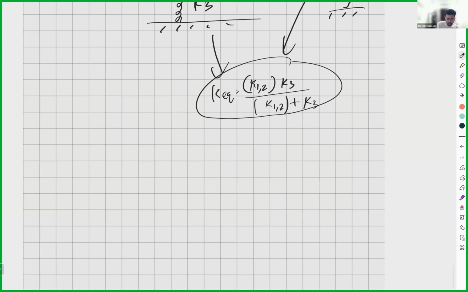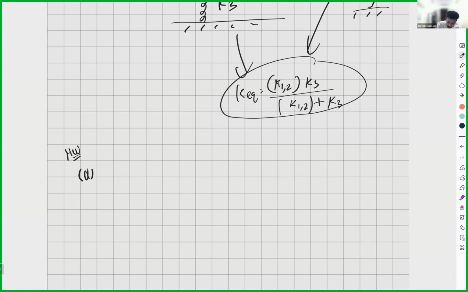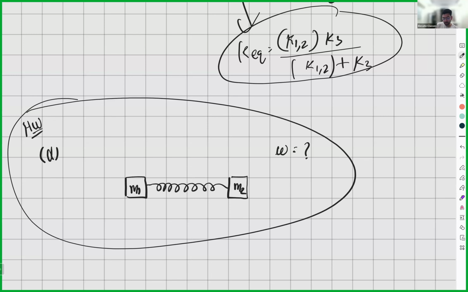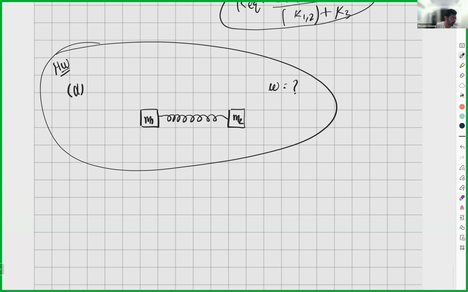Now one more question as a homework I will give you. You try this question when you have two masses m1 and m2. Now this is not a single oscillator, this is a coupled oscillator. Okay, this can have different modes of oscillations. So you can try the frequency। ठीक है, इसका एंगुलर फ्रीक्वेंसी कैसे निकलेगा, you can try reading about it and we can discuss in the next class।